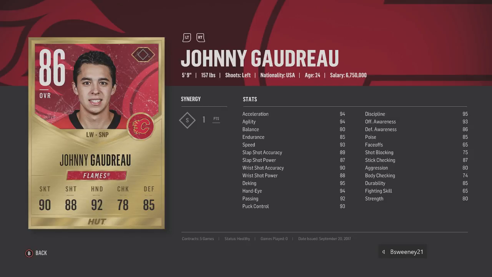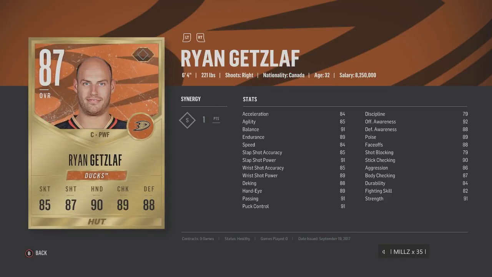But Johnny Gaudreau is going to be an expensive one. He costs you, what is he, about 25K, 28K-ish right now. So in general, this entire second line is going to cost you about 35K, bringing your total spent up to about 45,000 coins. Then our first line is going to be manned by Ryan Getzlaf, that 88 on the faceoffs,